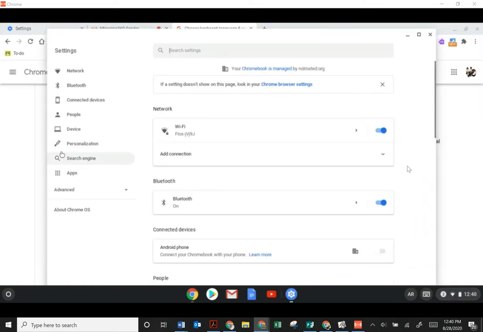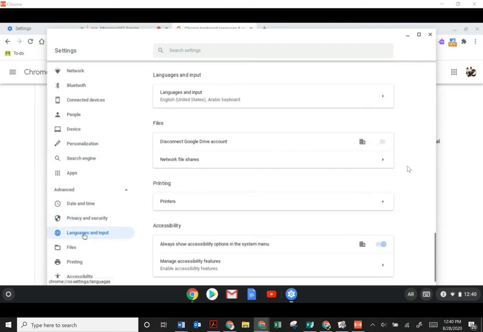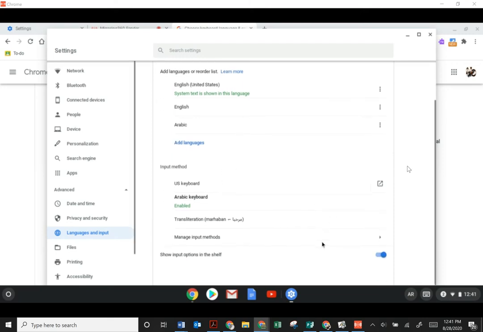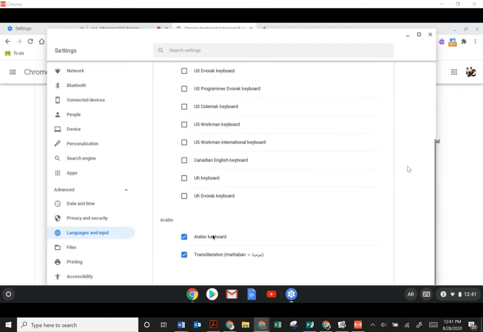come up to the gear, go back to advanced, select languages and input. You notice it now says language United States, Arabic keyboard. I will want to come down here to my input options, select more input methods, and then uncheck Arabic keyboard and uncheck